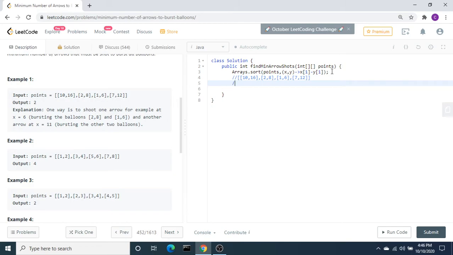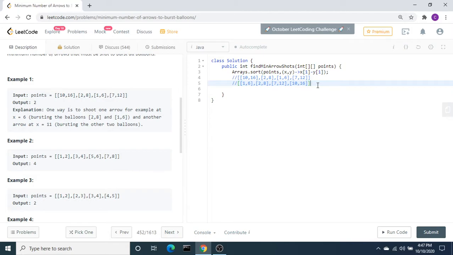After performing the sorting, because we are comparing the second coordinate, it will sort by the second point. The result will be that 2, 6 will come first, and the other one will go at the end of the position. After sorting this, we will get this.